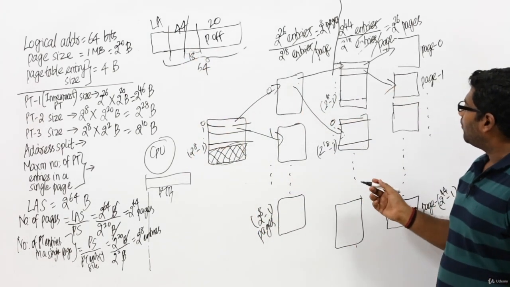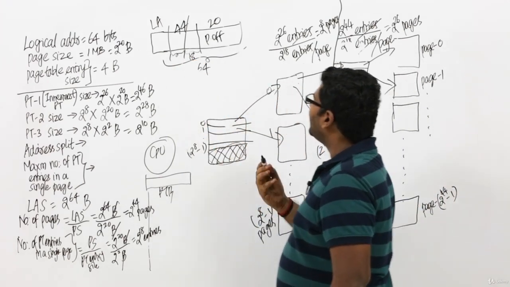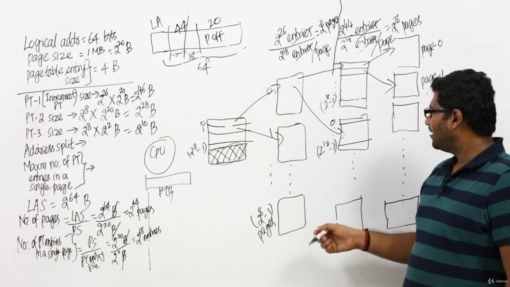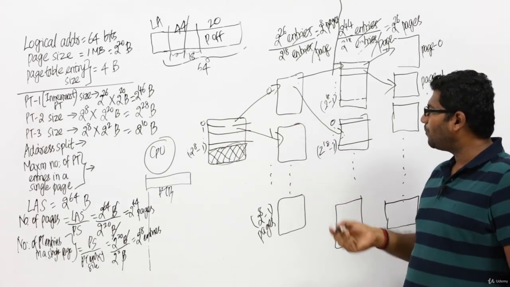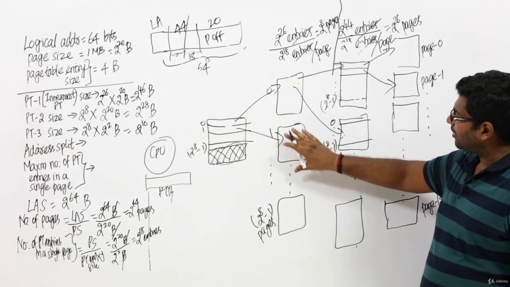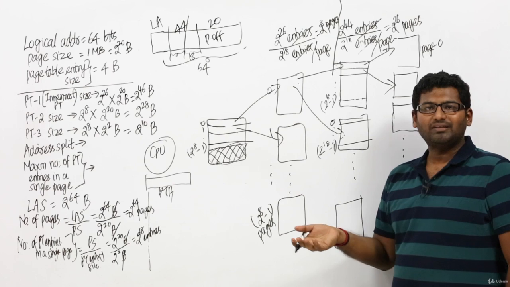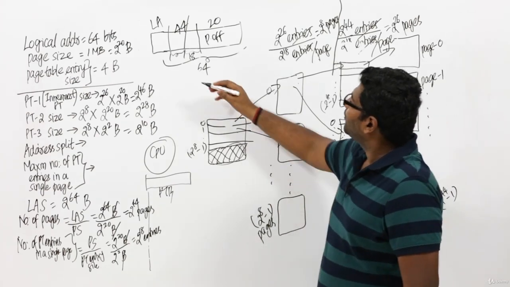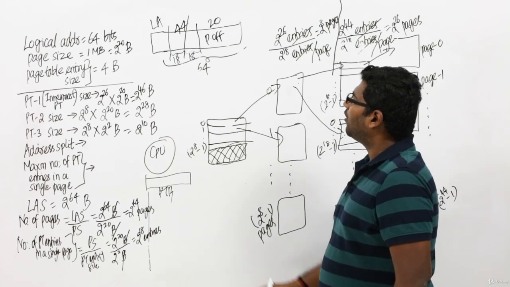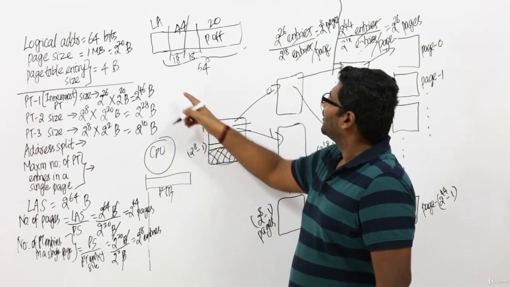Now how many bits will this region hold? That again depends on how many entries a single page is holding, right? A single page holds 2 power 18 entries again, the same, because again in these pages also, I am going to completely accommodate the page table entries. So I need a total of 18 bits over here as well. Now how many bits will I need here? One thing I can do is